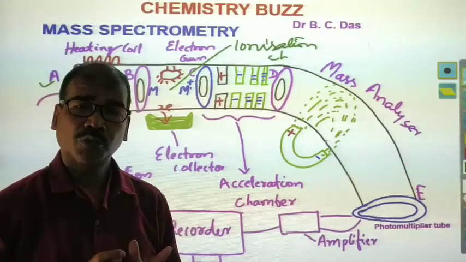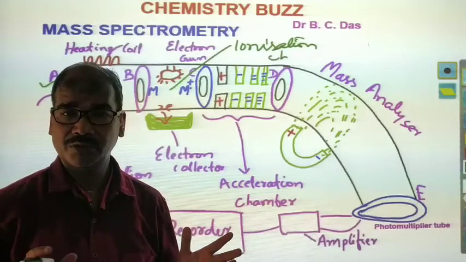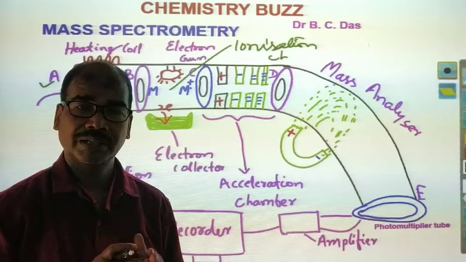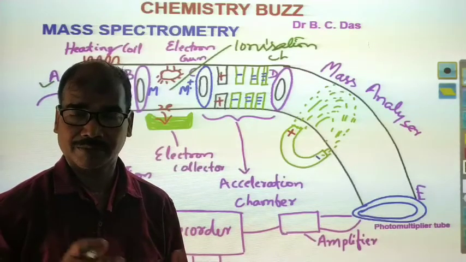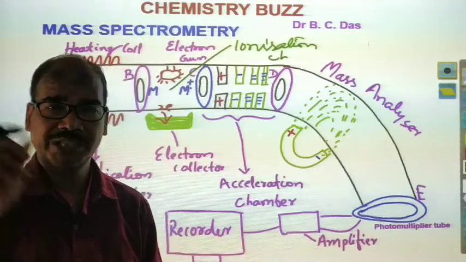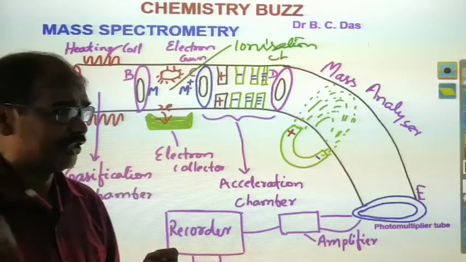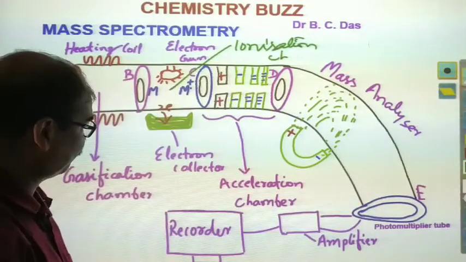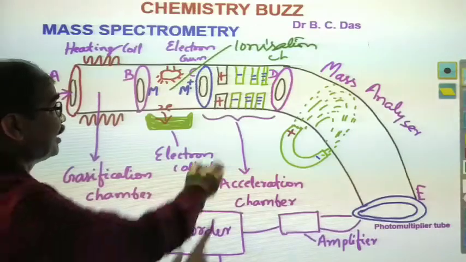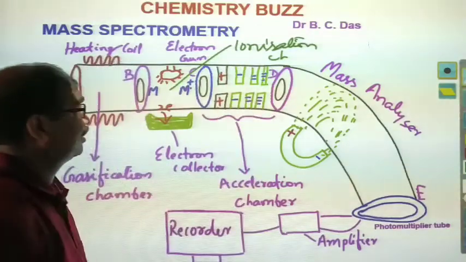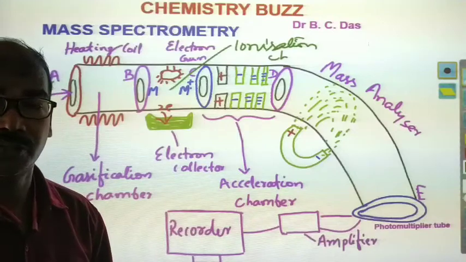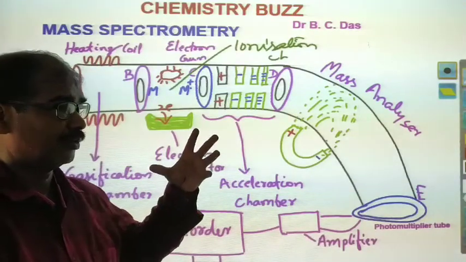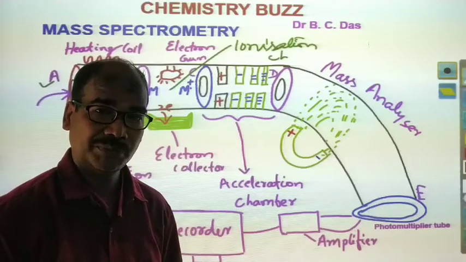So 10 electron volt is sufficient to make the molecule a single cation, a unit positive cation. To inject one electron, 10 electron volt is sufficient. But as we have used very high energy, 70 electron volt, this also leads to the fragmentation of the